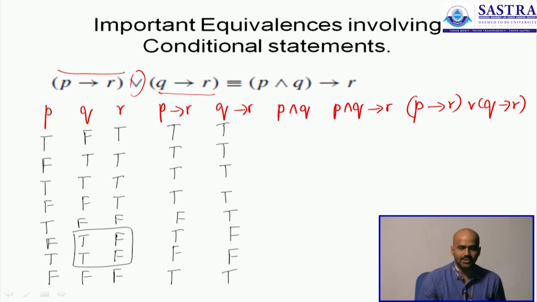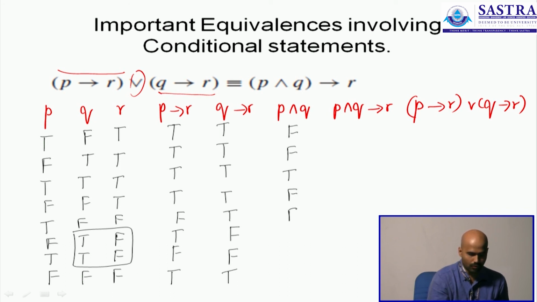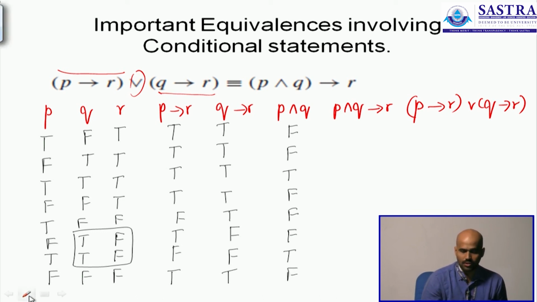Okay. The next is easy. It's a conditional between columns 1 and 2. So it's a false, false, true, false, false, false, true, and false. And now a conditional between columns 6 and 3. It's a conditional, so it will take a false value only when P and Q is true but R is